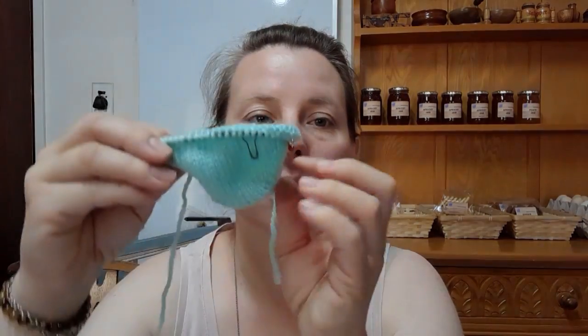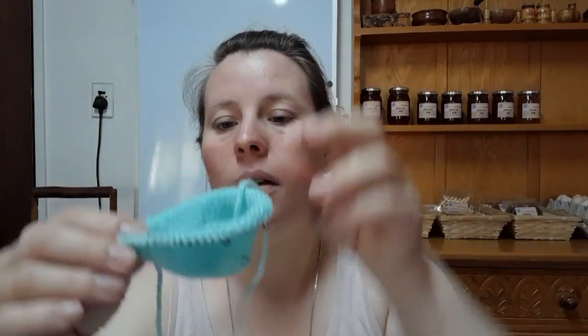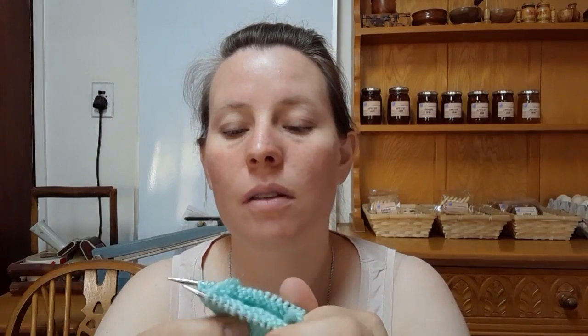And then last night I started another project in bed, and I worked on it a little bit this morning. So it is a sock. It's a double knit yarn. It's actually very, very old yarn. It's an acrylic nylon blend, but I'll show it in the next podcast. So started a double knit sock,